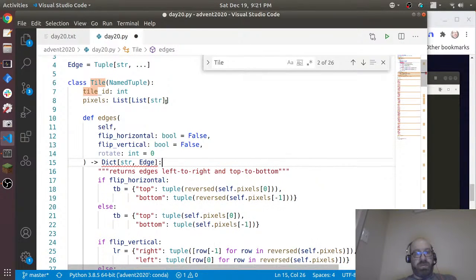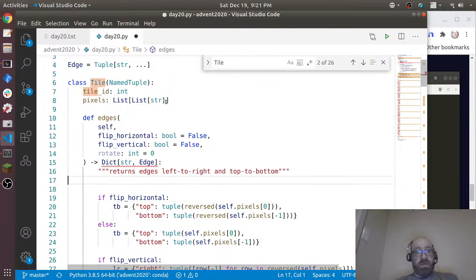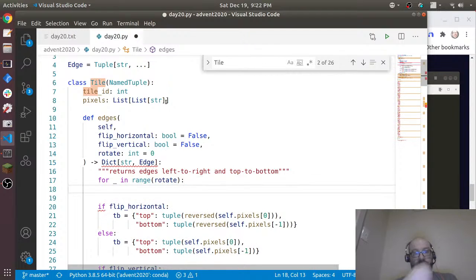I want to rotate it first, I think. For blank in range rotates, self.pixels equals,